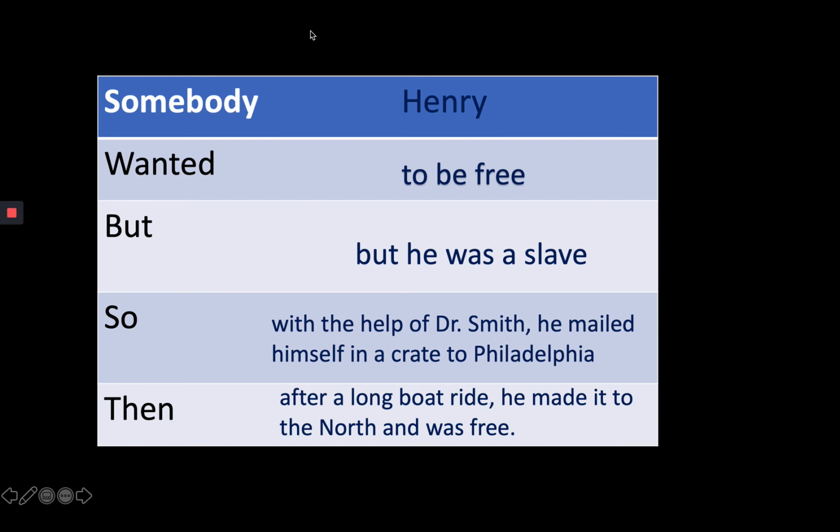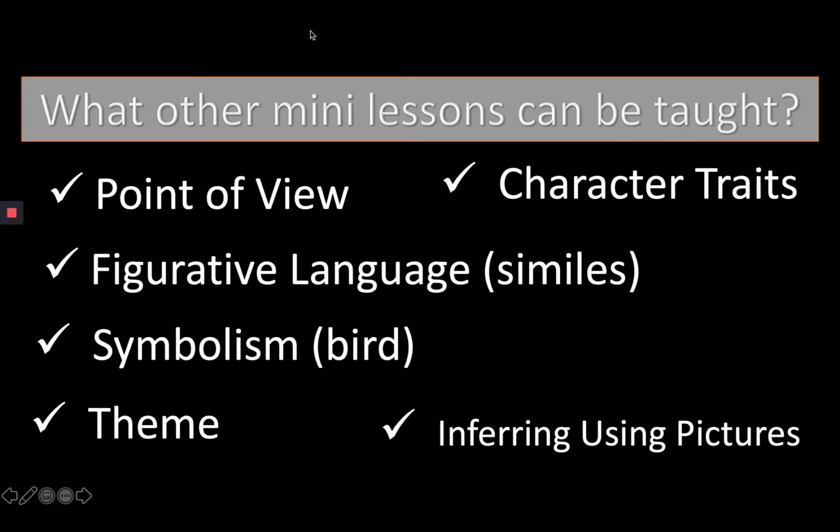And again, through questioning and getting students to think about the text and think some more about the text is really what we want students to do. Again, a retell could be with pictures, and we're working up to the skill of summarizing. Remember, some kids will be able to summarize, and some kids will need somebody wanted, but so then. What other mini lessons can be taught? We could talk about point of view, character traits, similes, which we did talk about a little bit, symbolism, theme,